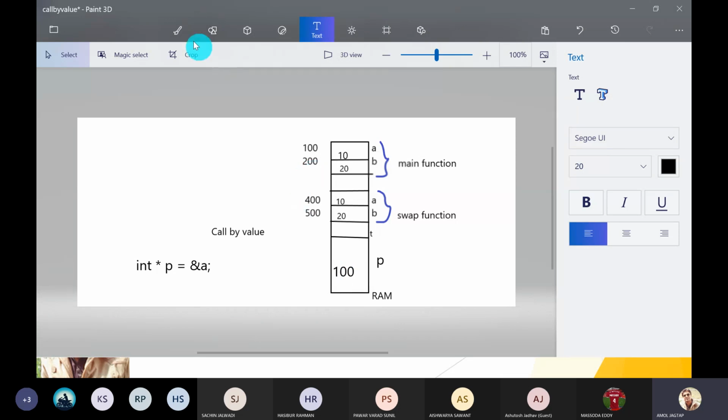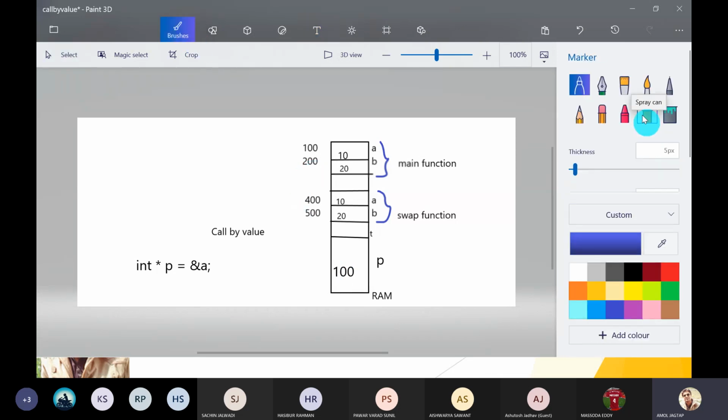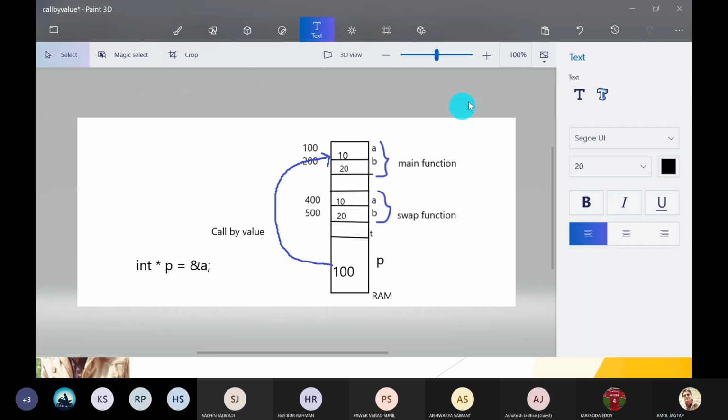It is a pointer. So what is the use of a pointer? A pointer stores the address of another variable of the same type. It is integer A and an integer pointer, so it stores the address of A. Now what do we have to do? We have to increment the pointer. How can we increment it?